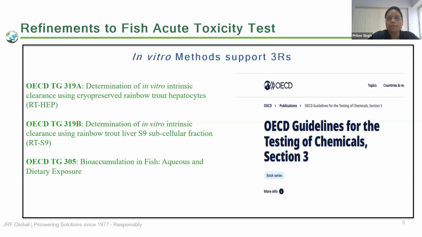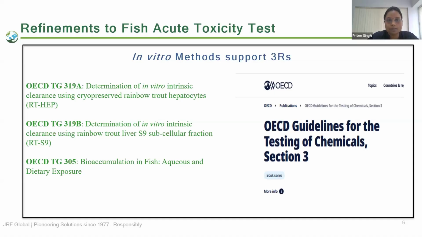Similarly, in 319B, liver subcellular fraction is used, where this subcellular fraction contains cytosol and microsome enzymes. So these microsomal enzymes and cytosol metabolize the parent chemical, and again here also at different time points the sample is collected and intrinsic clearance is calculated, and on the basis of this the toxicity is predicted for